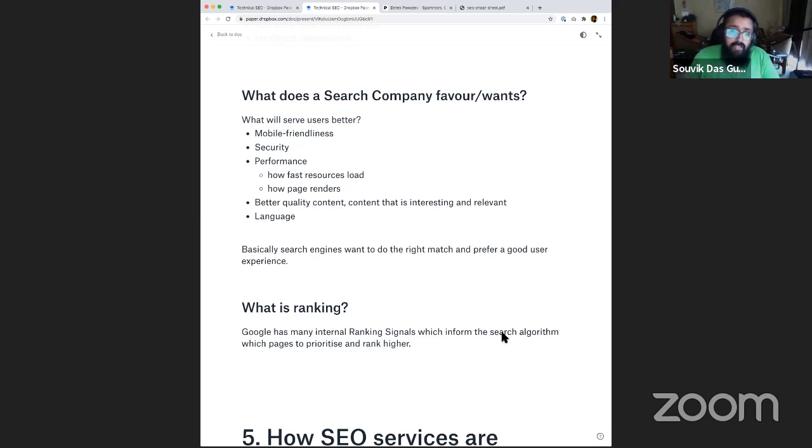So that's broadly how search engines work. You have a certain set of parameters. If you optimize your website on those parameters, your content is relevant, Google is able to crawl you, and is able to see that you are delivering a good, high quality experience to your users, then Google will rank you higher. It just basically boils down to something like this.